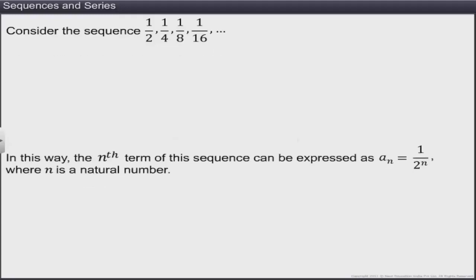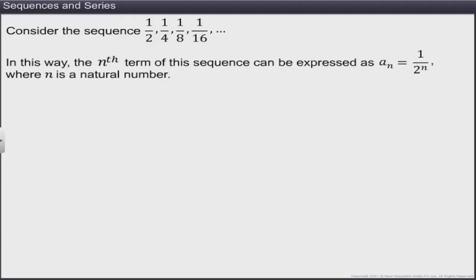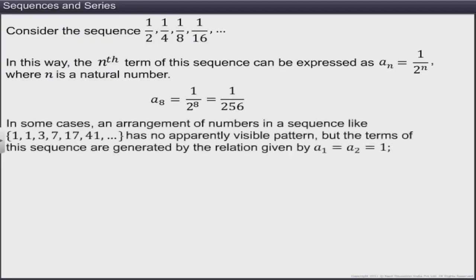Using this nth term of the sequence, we will be able to find any term in it by substituting the term value in place of n. Thus, the 8th term of this sequence is given by 1/2 raised to the power of 8, which is equal to 1/256. In some cases, an arrangement of numbers in a sequence like 1, 1, 3, 7, 17, 41,